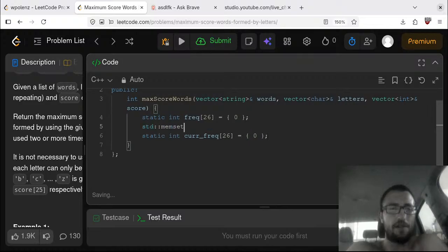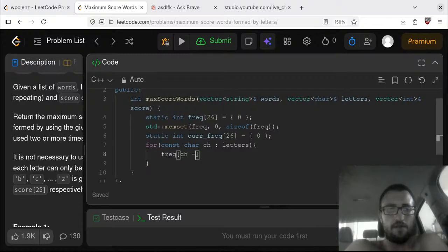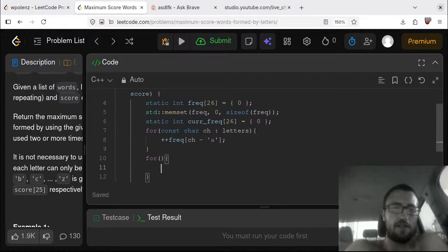Just the memset. We're going to say for const char ch in letters, frequency of ch minus 'a'. Then we can say for each